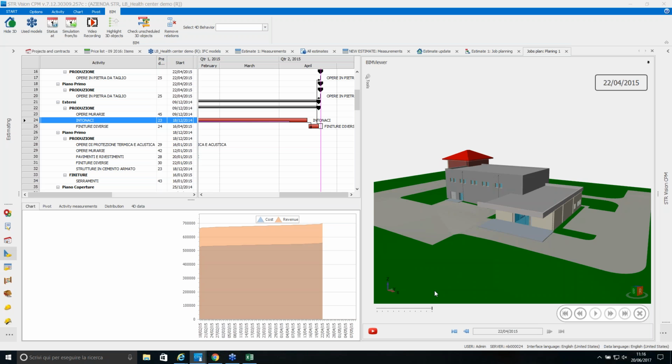I want to quickly go back to the dashboard tools to show you how to use our dashboard tools inside an estimate. Remember that the dashboards are available also in the accounting area, for example, to compare which were the estimated values compared to the actual values, for example. So if we go back